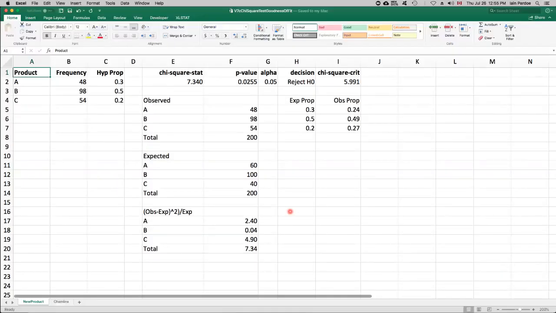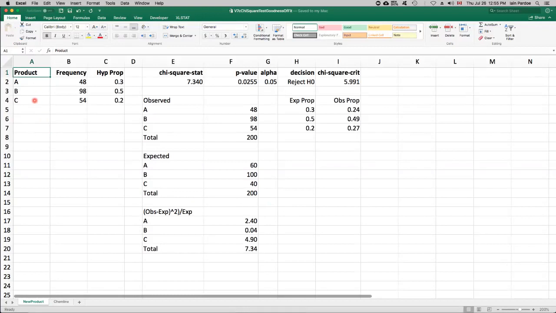In this video, I'll talk about the chi-squared goodness of fit test, and I'm going to go through two examples. The first will do an example where we're looking at a multinomial probability distribution, and the second example will look at a normal distribution. So for the first example, we're going to consider three companies, A, B, and C, that make a particular